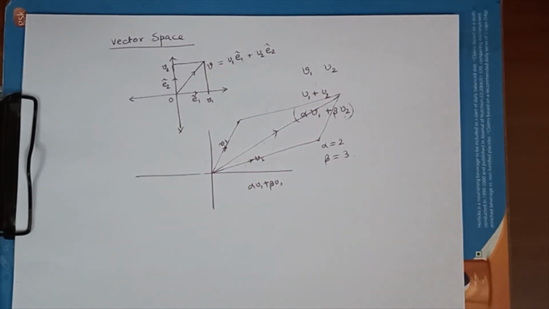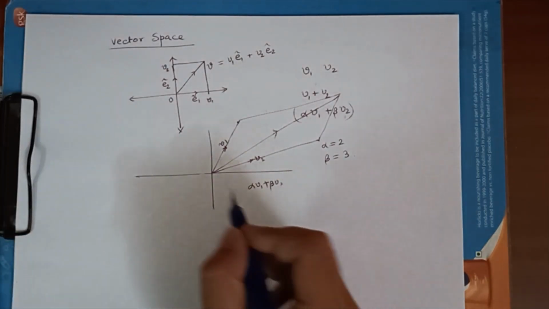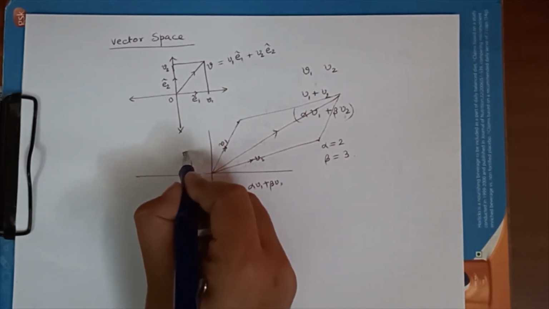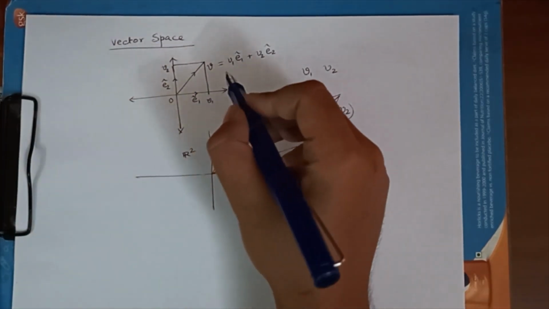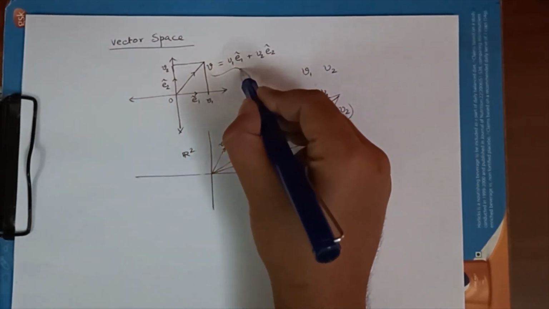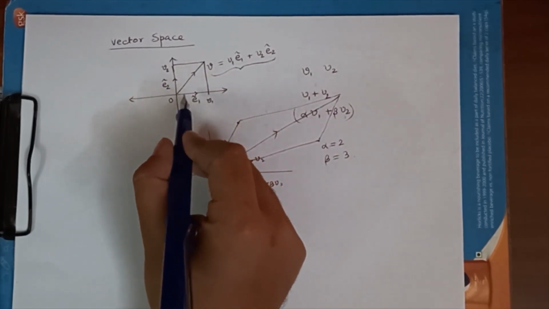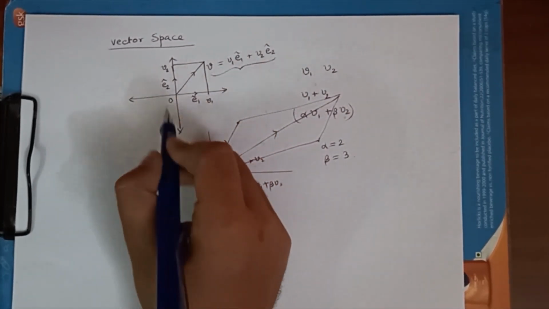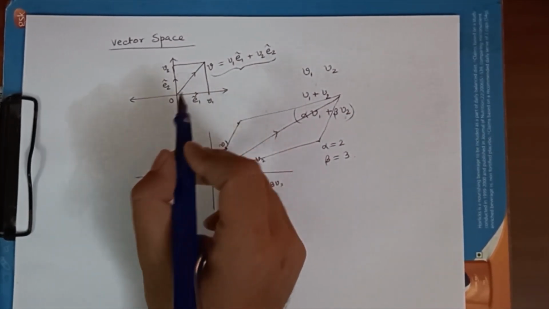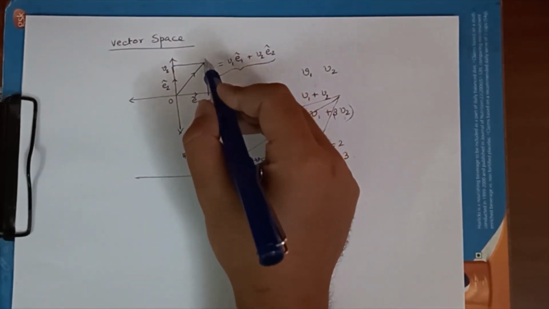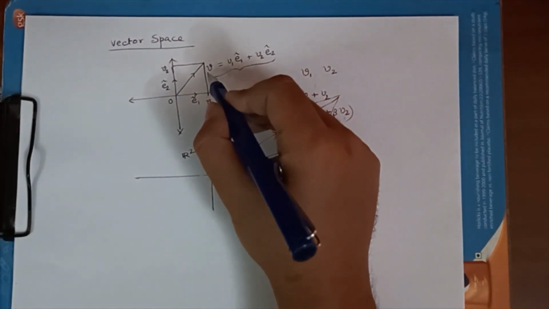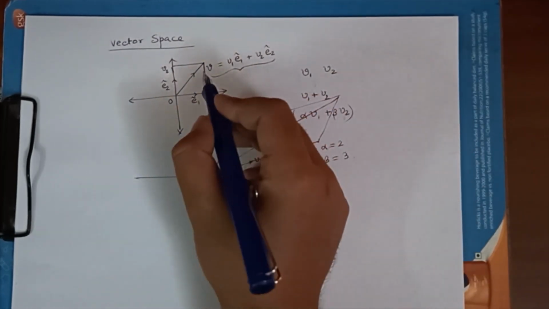So this is linear combination, and vector space is basically a collection of all the vectors such that any linear combination of any number of vectors will remain in that space. So this is our two-dimensional vector space, or R2 we say. Now this unique decomposition of the vector using these two unit vectors in the two axis directions gives us a special power of representation, which is basically the coordinate representation of the vector.